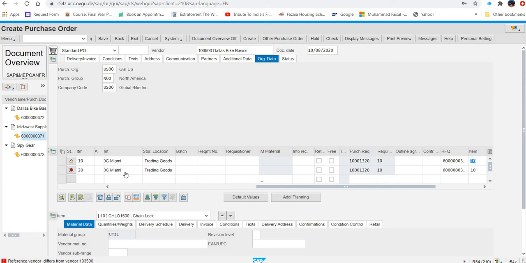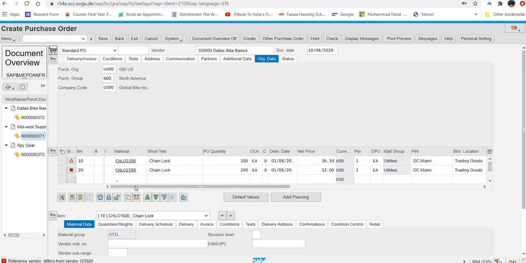Then what they are asking, after doing this, verify that the system copied the material, this quantity 200. Yes, okay. And 3 months from today's date, delivery date. Make it 3 months from today's date.